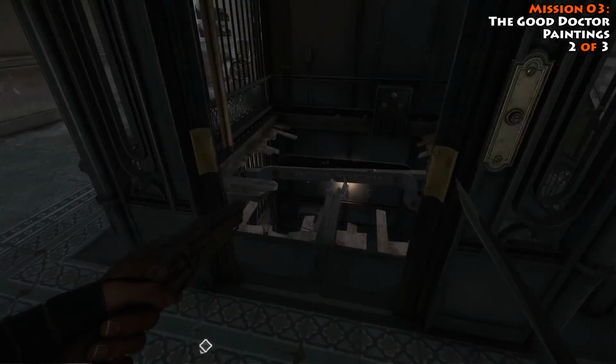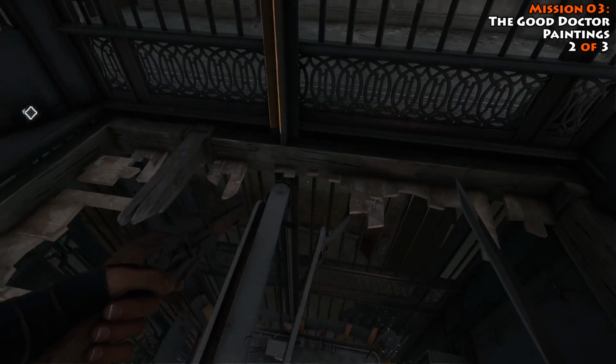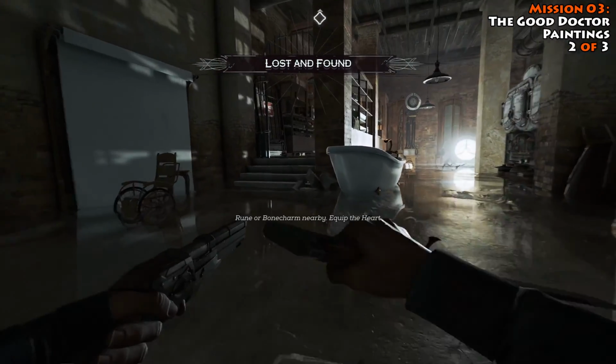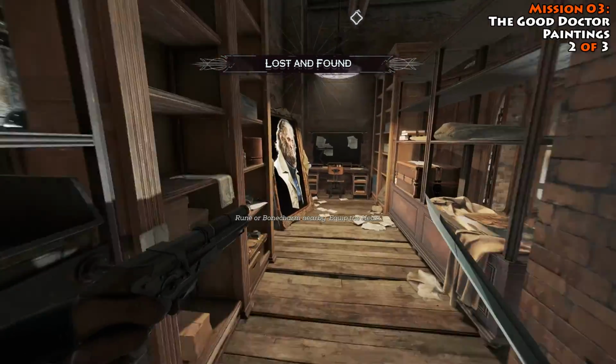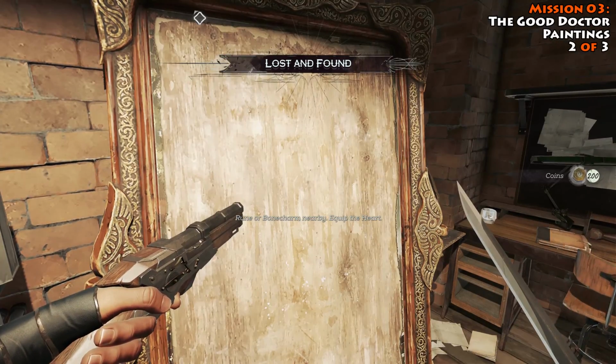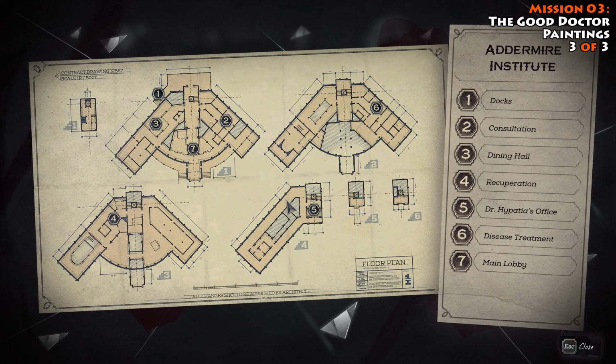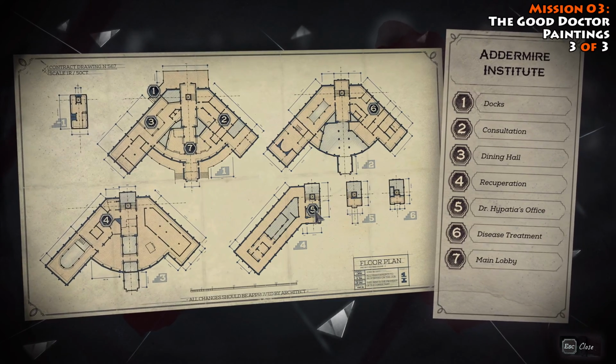You're going to be able to go in this elevator door, drop down, and you're going to get down into this flooded basement area. Once you're down here, over to the left and back in the corner is painting number 2. Painting number 3 is going to be found where you first locate Dr. Hypatia. So in order to find her, you need to head up to level 4, go into her office, and